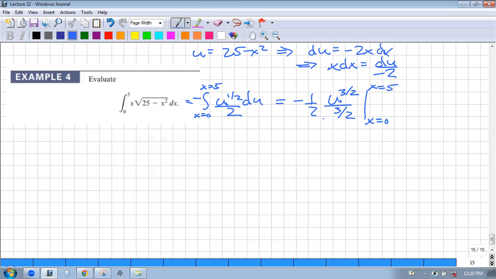So let's simplify this. The 2 over 2 goes away. This is a negative 1/3. U is 25 minus x squared, and we have it to the 3/2 power. At this point, I don't have to say x equals. It's obvious because I have x's here. So if I don't put a letter, we're matching it up. All right, so then we just do our minus 1/3, plug in the 5,